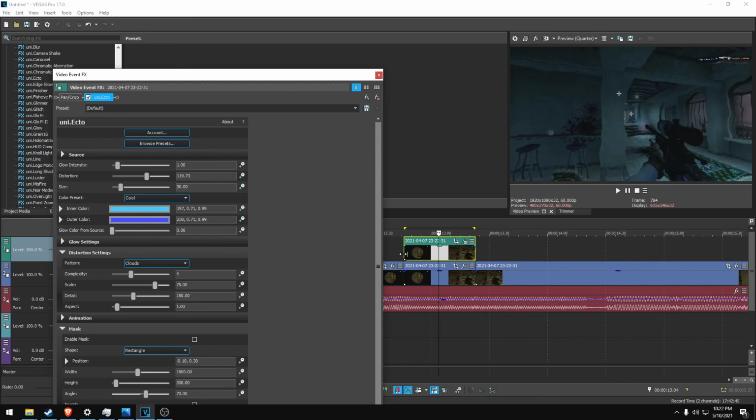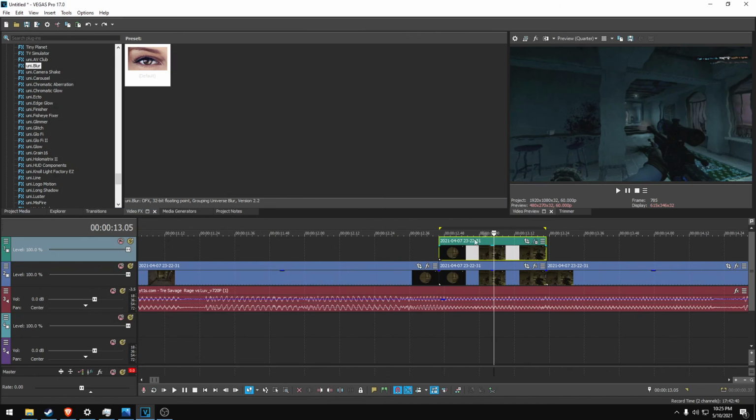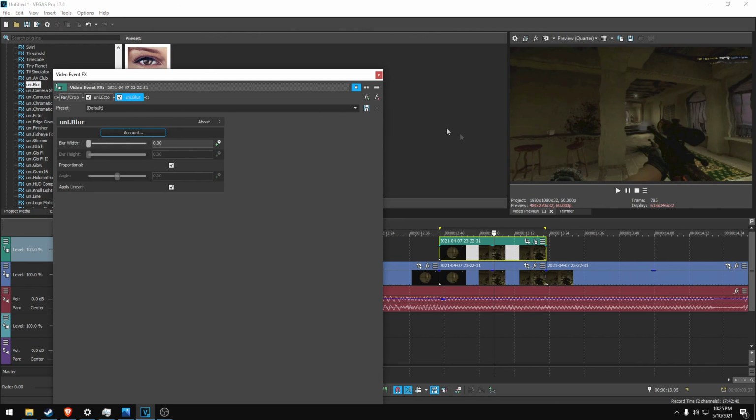So we'll go right about there and see how that looks. Might be a little bit too intense, I'll drag that back a bit. Alright, that looks good, I think. Once we got that done, we're going to add one more called uni.blur. And we'll add that right here, and that's going to get rid of the bluish color, which I'm not a huge fan of. And we'll just add a little bit of a blur to that. Nothing too crazy, but just want it to look